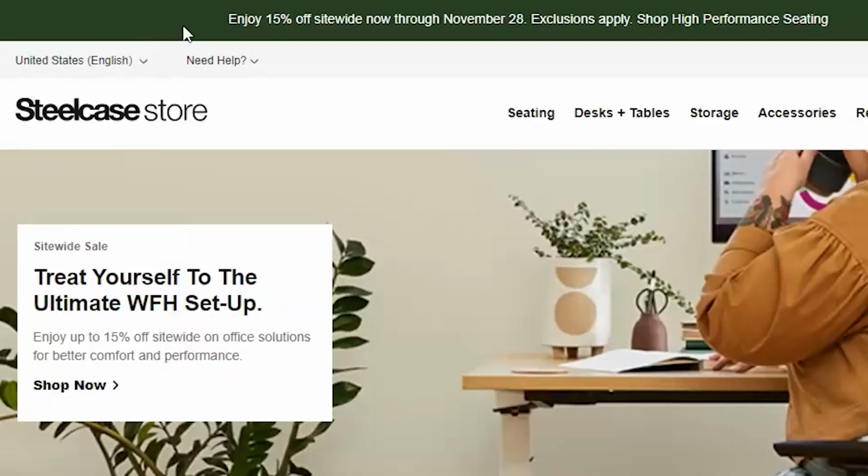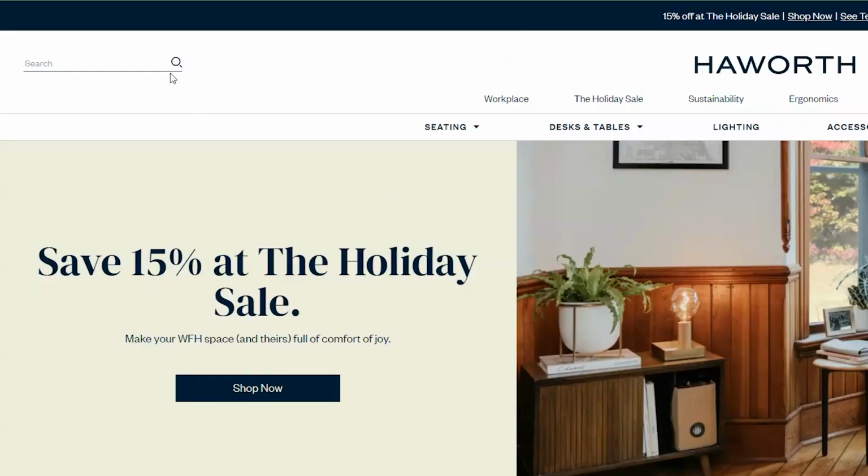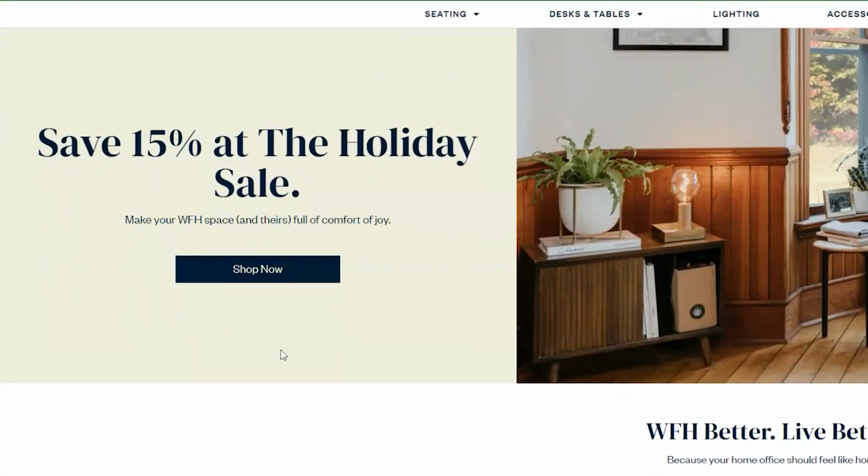Now currently, Steelcase is offering 15% off all new furniture. Herman Miller is offering 20%, and Haworth is offering 15% off. So those are their current Black Friday sales. I don't know if they're going to be switching any of those up come actual Black Friday, but that's where